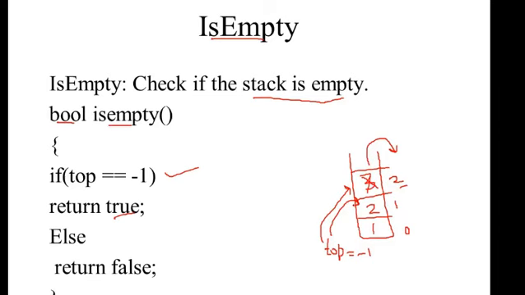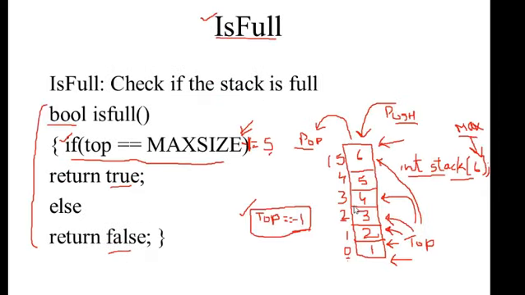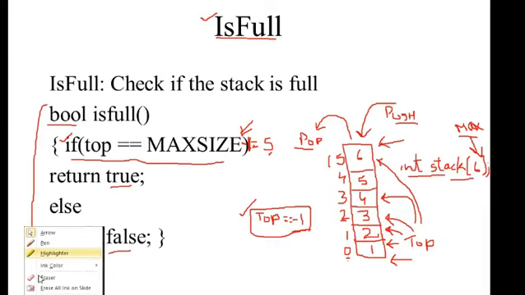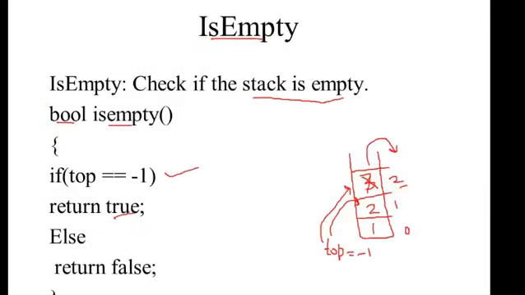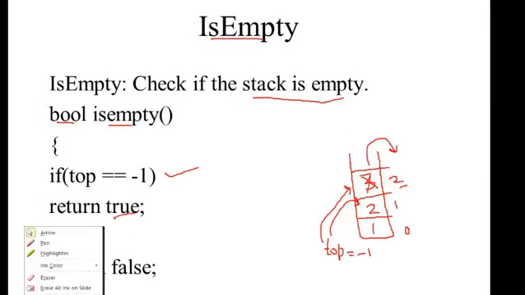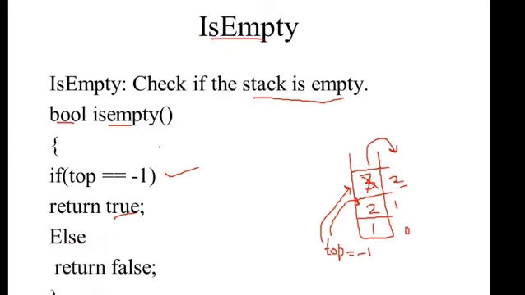So here you will see that whenever you are deleting from the stack, the top value will decrease. And in the previous example we discussed that if you are inserting an element in the stack, then the top value will increase automatically. Okay, and the initial value for this top variable should be -1. So if the value returned from this empty function is true, in that case you cannot delete further from the given stack. If it is false, then some elements are there and you can surely perform deletion.